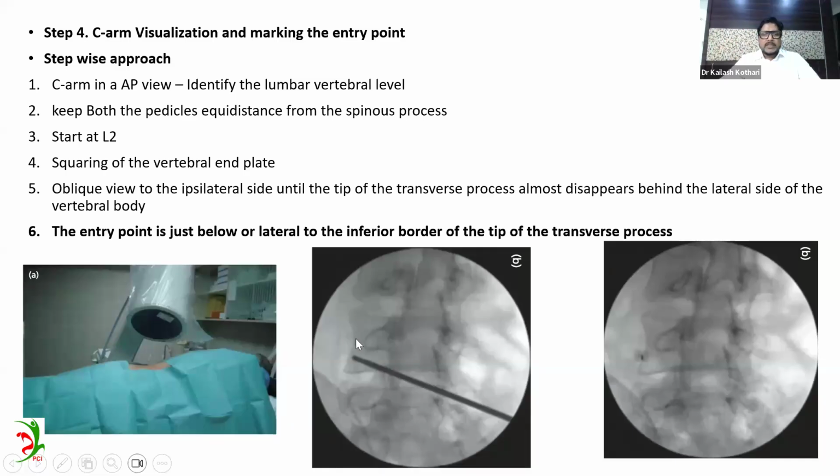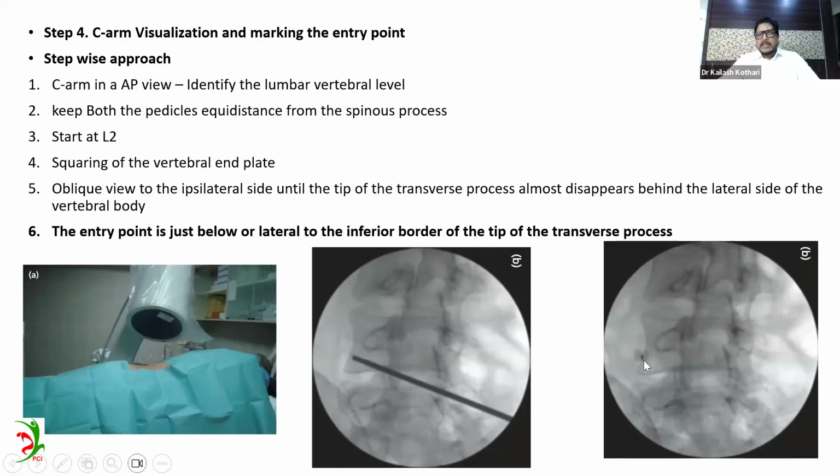How much oblique? Till the tip of the transverse process is seen being absorbed by the lateral part of the body of vertebra. So the tip of the transverse process and the lateral border of the body of vertebra should be aligned in one line. Once you get that, then just below, if you are doing L2, on the lower border of the vertebra, you target, give local anesthesia, and in end-on or tunnel view vision, you place your needle